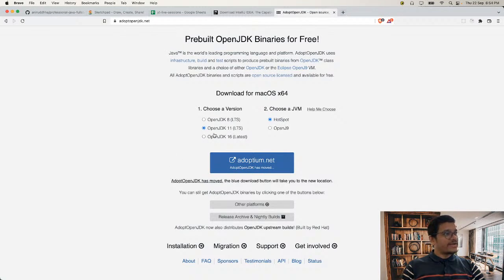OpenJDK 11, I request you to select something called LTS. So when you talk about LTS, it is nothing but long-term support. If you are developing applications, a product or production grade systems, make sure that you have LTS software, no matter what you are using, but that should come under the LTS. It's a long-term support. Okay, just click over here,